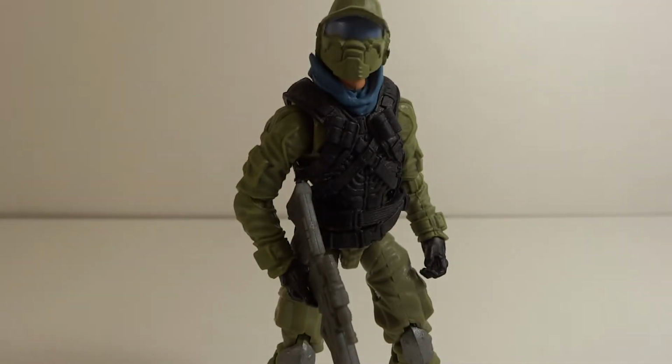At number 6, we have the G.I. Joe Soldier. I wasn't planning on getting any G.I. Joes, but I got one, kind of liked it, so I went out and got some more. This figure blew me away. I would never have expected to have it in my top 10 when I first bought it, but getting it out of the package, it was incredible. Highly detailed, and highly posable. I was really impressed with the posability on this guy,